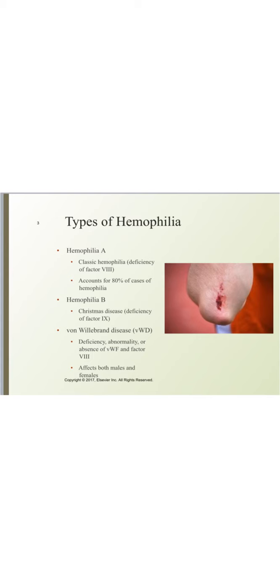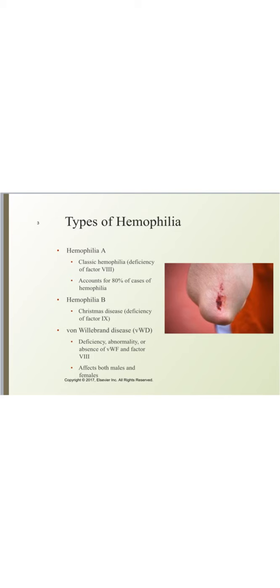There are several different forms of hemophilia. It is a deficiency in clotting factor that affects the coagulation of blood. There are three main types: hemophilia A, hemophilia B, and von Willebrand's disease. Hemophilia A is the most common form. This is deficient in factor 8. Hemophilia B is deficient in factor 9. And then von Willebrand's disease is deficient in factor 8 and this VWF